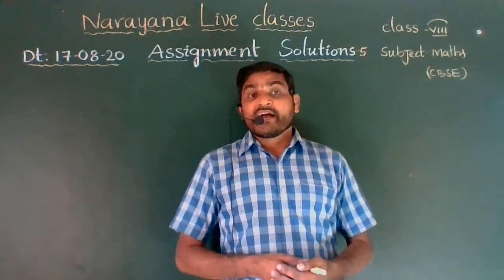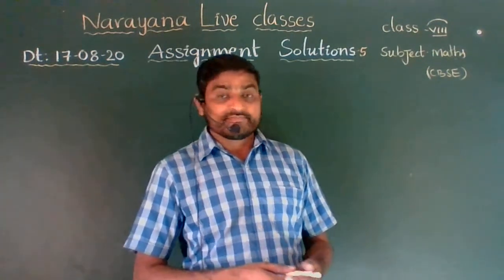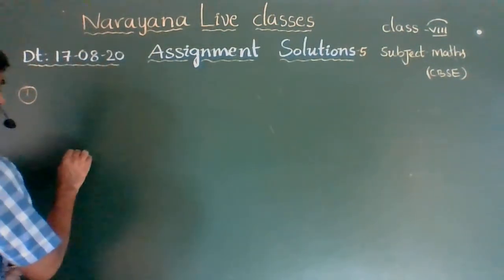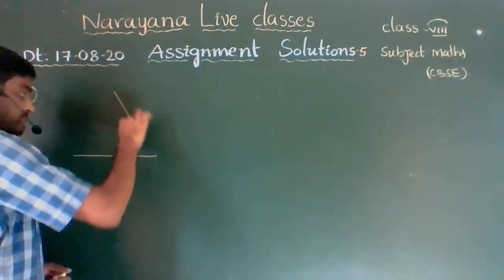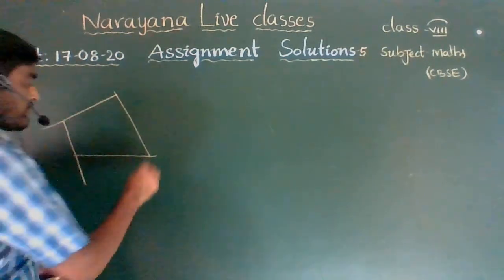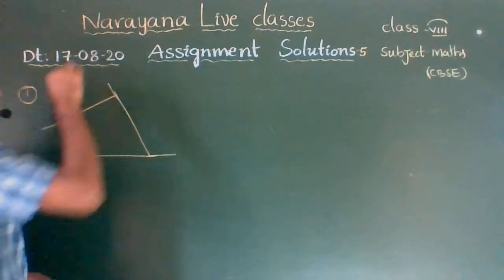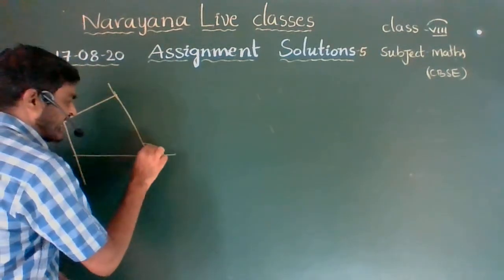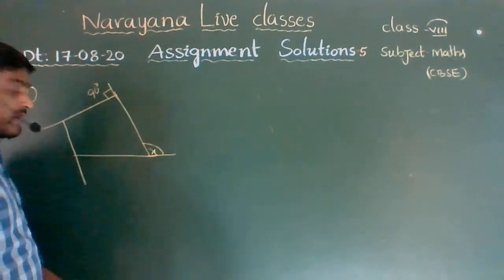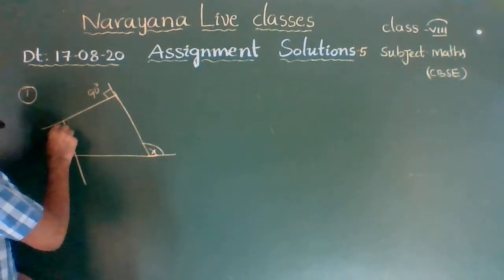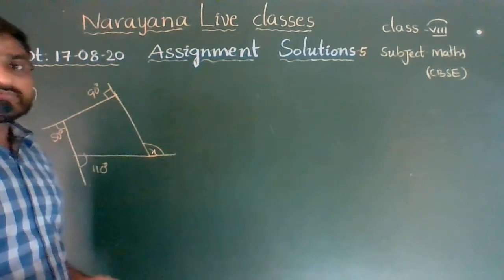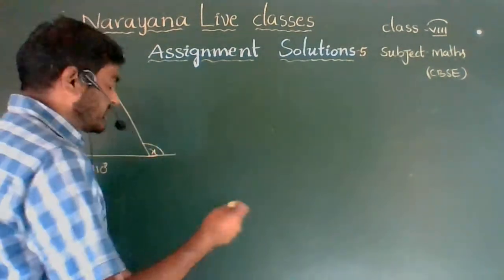Now the first question is, find the measure of x from the given figure. See in this diagram, this is the exterior angle x. This exterior angle is given as 90 degrees, and this is 50 degrees, and the fourth exterior angle is given as 110 degrees. Just now, we repeat the point.